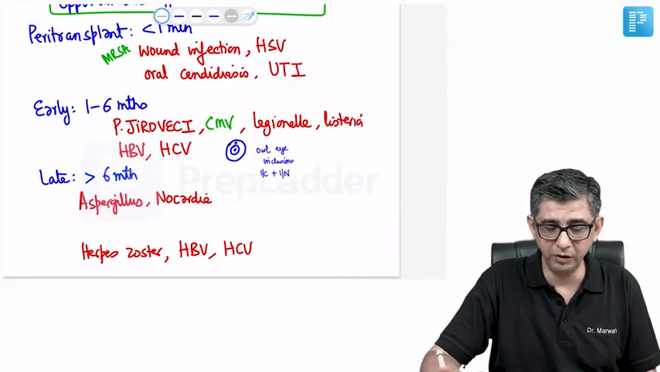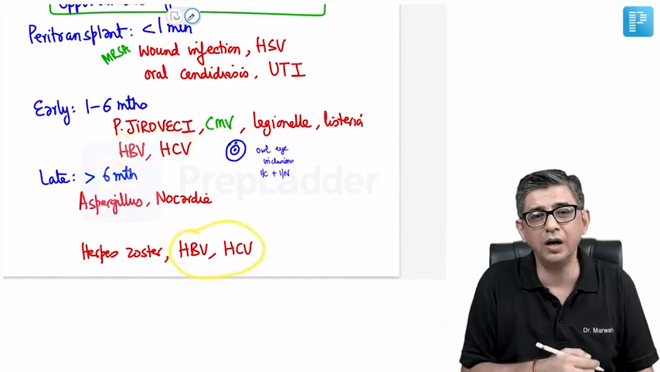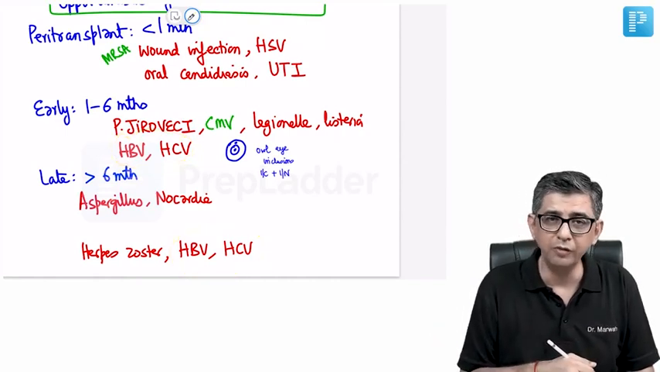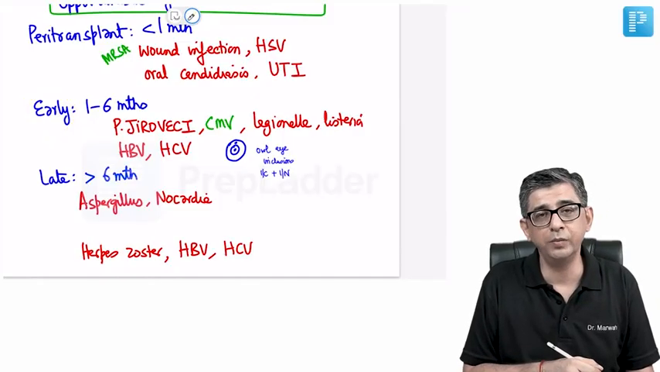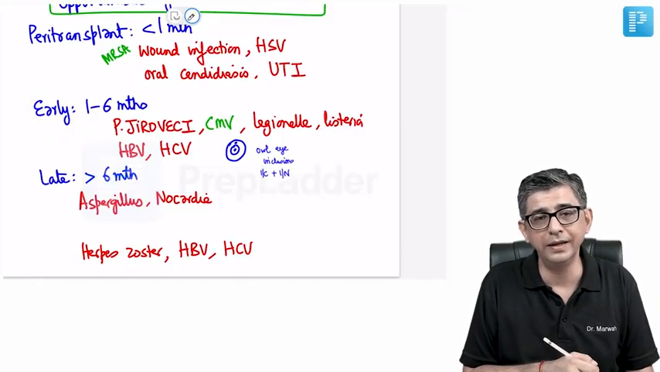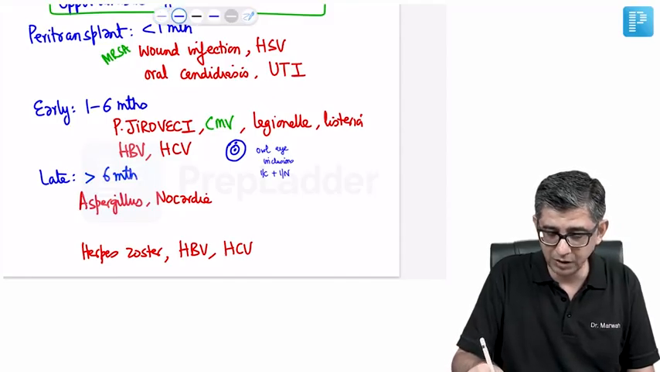You will also notice that in this list, hepatitis B virus and hepatitis C virus are the common things, so they are unlikely to be asked. So you need to mainly focus in the early period with respect to varicella zoster, cytomegalovirus, listeria and legionella. When it comes to after 6 months, then the organisms which are to be remembered by you are Aspergillus and